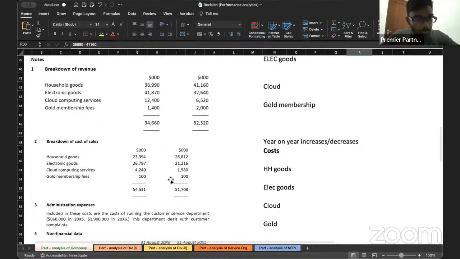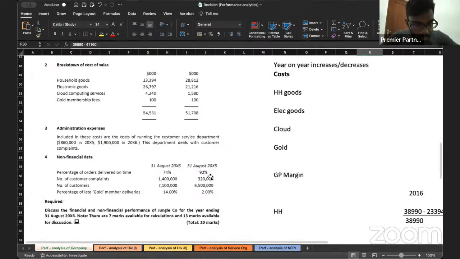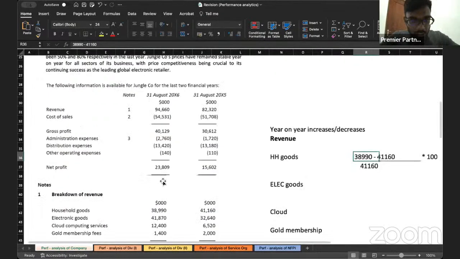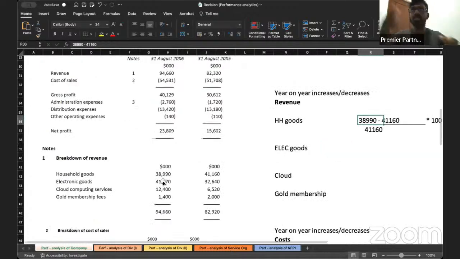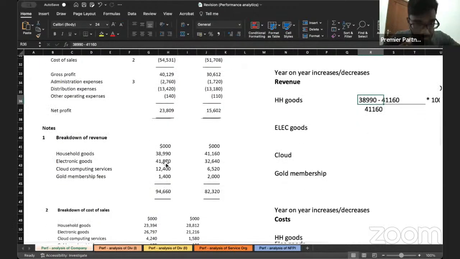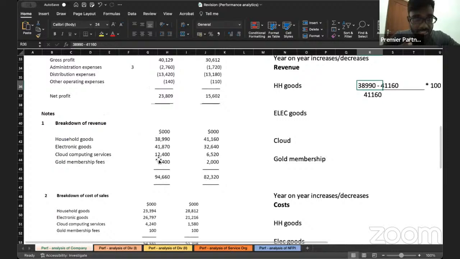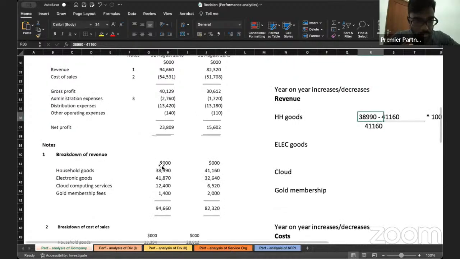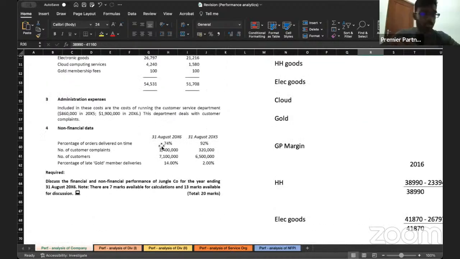Also, people, you can connect that to customer complaints. Customer complaints have risen exponentially. There's a massive increase in customer complaints. You can link that to this decrease in household revenue. So you're getting cheap supplies. Maybe that is the reason why revenue from households has gone down, and that could have contributed to the increase in